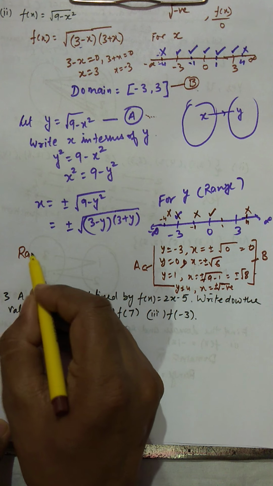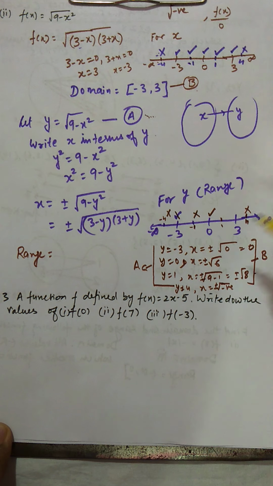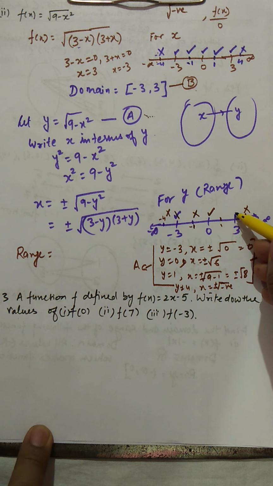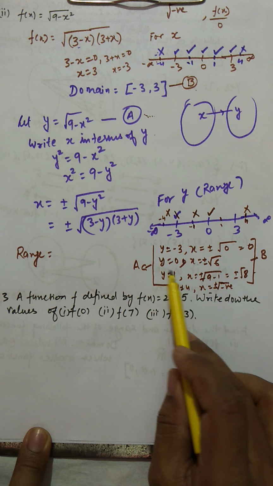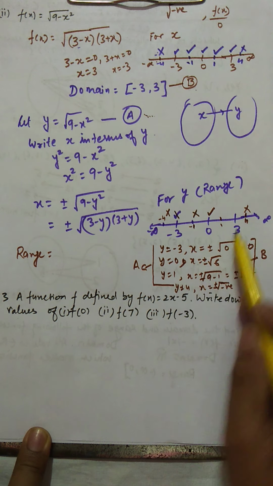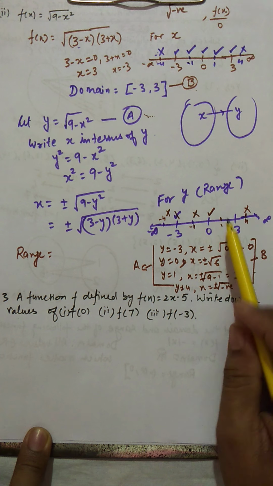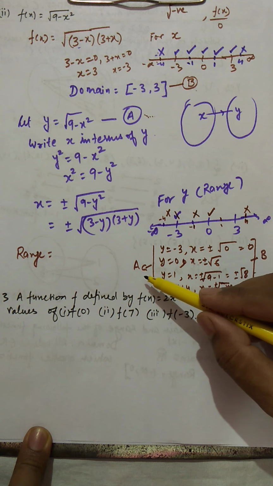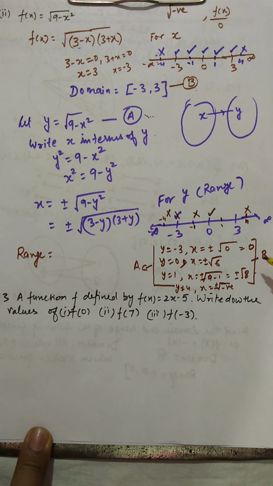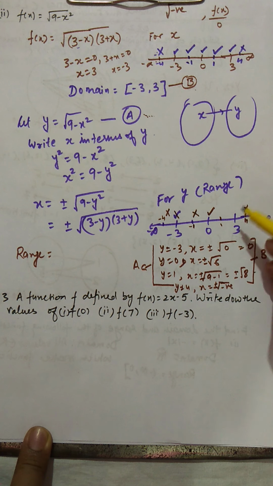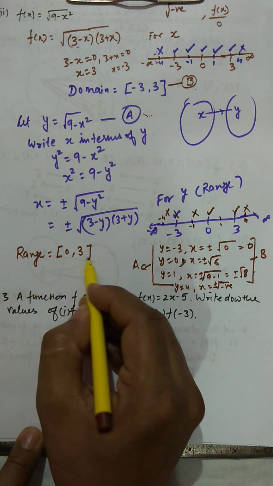So you can write your range from 0, including 0, to 3. 3 can also be chosen. Can 3 be taken? Put y equal to 3. Then the answer will be 0, and y equal to 3 is positive. So y equal to 3 satisfies condition A, and the answer 0 satisfies condition B. It means this 3 can be taken. So your range is going to be 0 to 3.